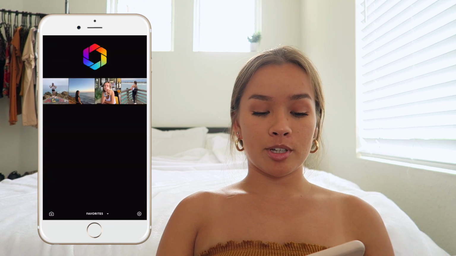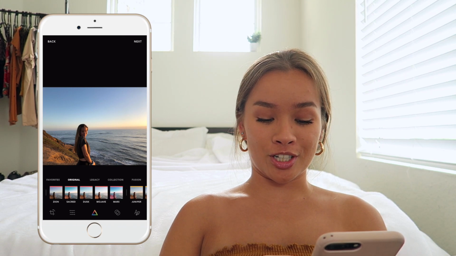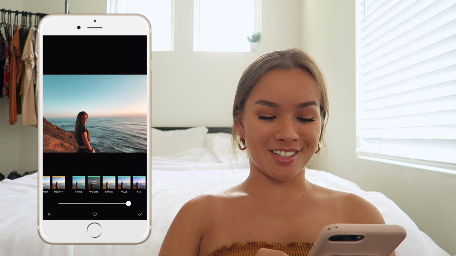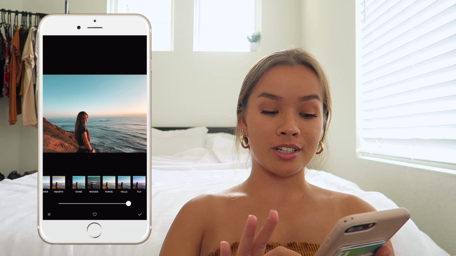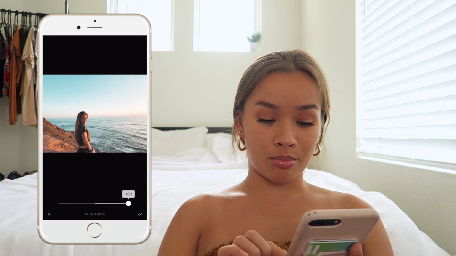That's that picture. The next picture I'm gonna do is this one. This was like my first day at Point Loma last year, and Daniela, Janice, and I went and took some pics. So like I said before, I'm gonna go into Woods and turn it all the way up. I'm gonna go into my brightness, turn this up kind of a lot